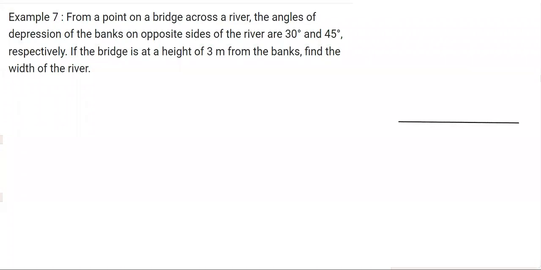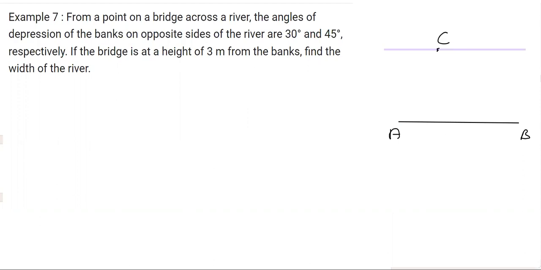Let A and B be the two banks of the river, and there is a bridge over it. So this is the bridge over it. And there is a point on the bridge. I took this point as, say, C. And from this point C,